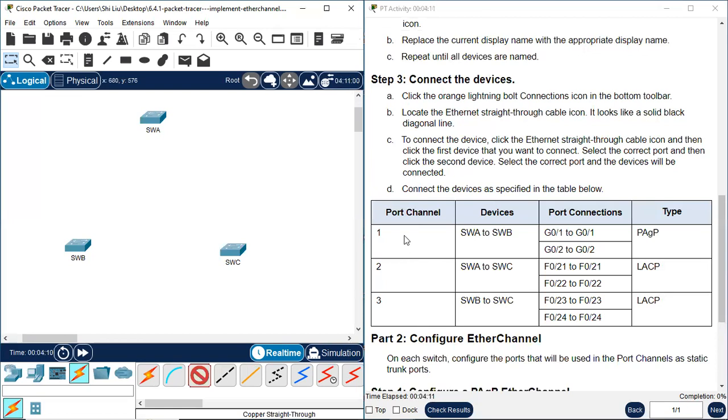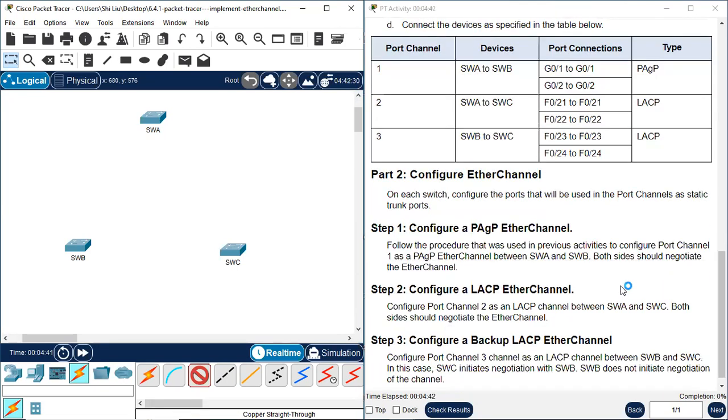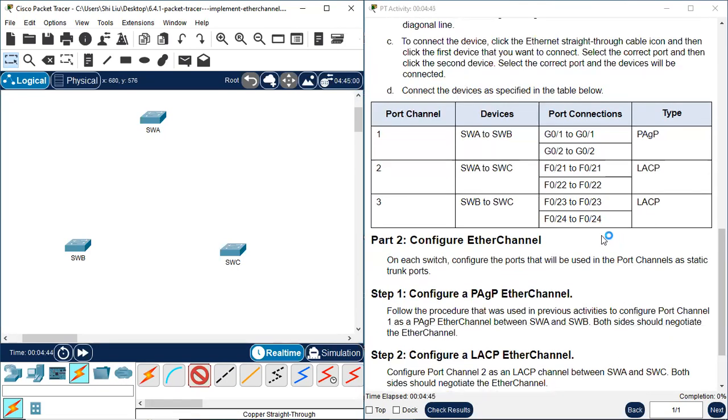We're going to create three port channels. The devices are SWA to B, A to C, and B to C, and then the port connections. These ports are the physical ports. We use these physical ports to create the port channel. Port channels are the logical ports, and type is the protocol we're going to use to do the configuration. Okay, now let's do the